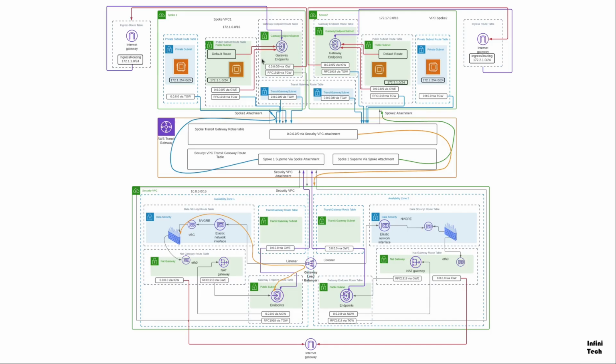In order for the traffic incoming from the Internet to be inspected by the security VPC firewall, there are two underlying components in use. The first is the VPC ingress routing, which steers the incoming traffic from the Internet to the EC2 instance IP address, which will be sent directly to the gateway endpoint. This is achieved using an ingress route to the VPC endpoint.